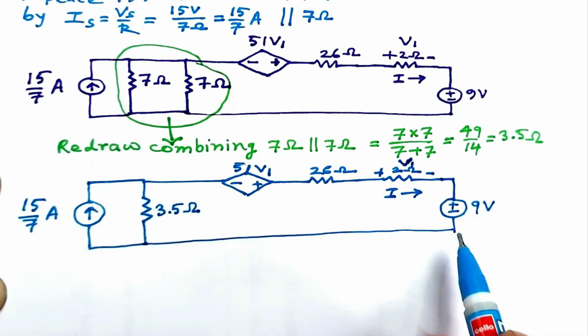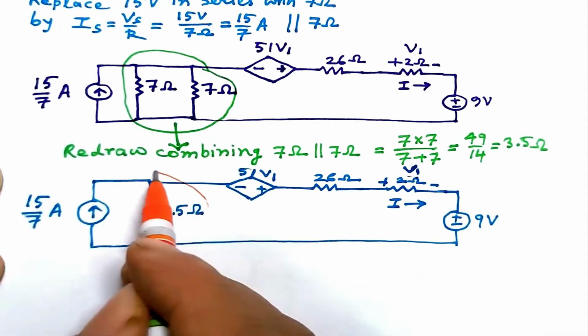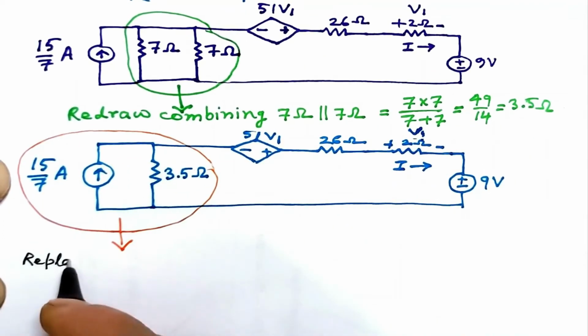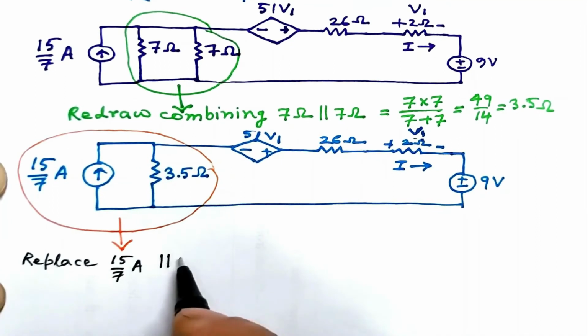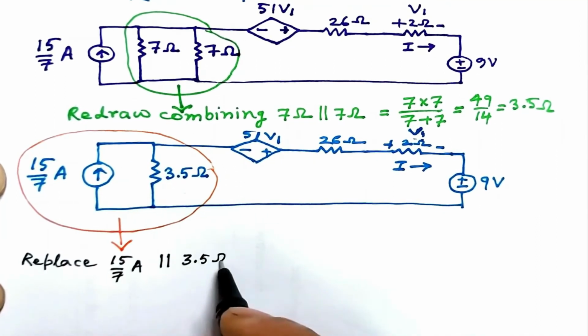This looks like the penultimate step to convert the given complicated network into a single loop, a single circuit, no branches. Focus here, and we will replace 15 by 7 ampere current source in parallel to 3.5 ohm resistor by